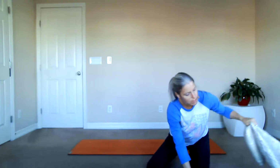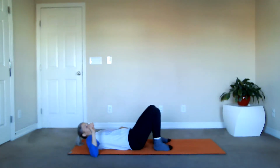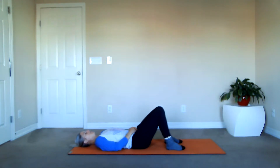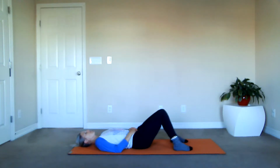So we'll begin by finding a comfortable seat on the mat, or actually laying down on the mat. Seeing if I want a blanket around or not. You can use a little cushion for the back of your head if you'd like. And placing the feet on the mat, bending those knees. You can bring the knees together to touch if you'd like. And taking a few more moments to arrange and rearrange yourself so you're nice and comfortable. And as you're ready,